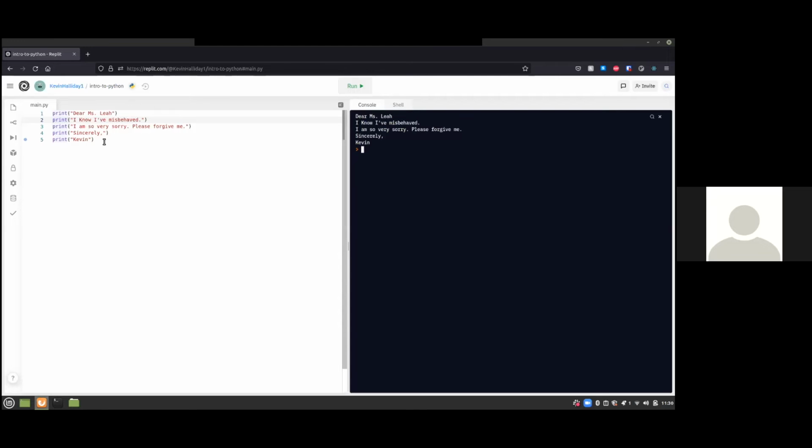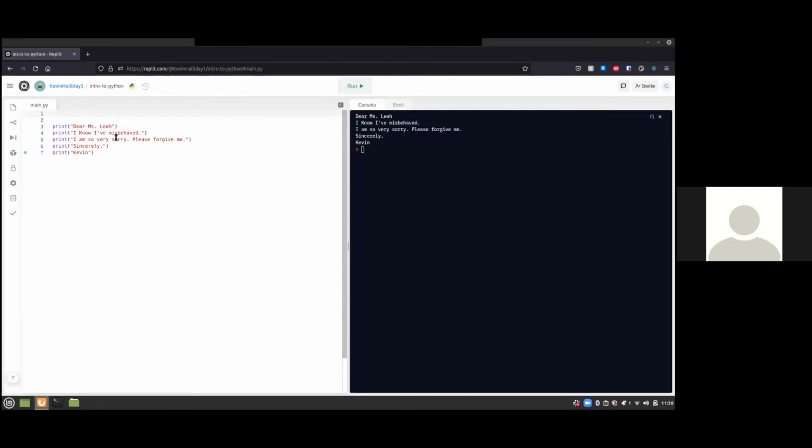So now we're going to find a way to write this apology letter to all of our teachers all at once. The first thing we want to do is separate this idea of our teacher from the rest of the apology letter itself, so we can change it, so it can be different teachers like Mr. Kevin. To do that, I want to introduce a concept that might seem a little weird at first, but I'm hoping the more we play with it, the more familiar it will get. And this is the concept of a variable.